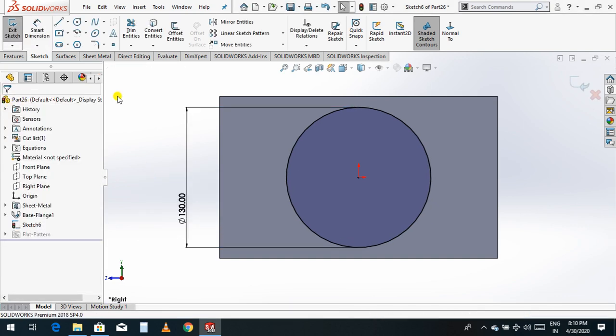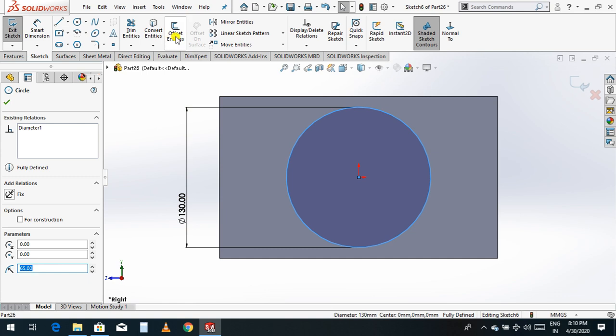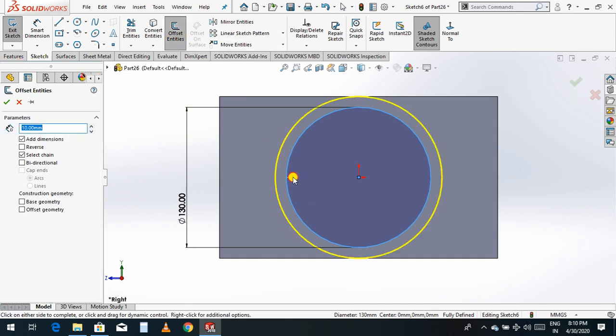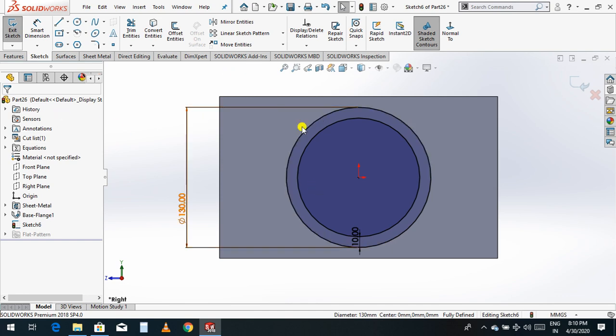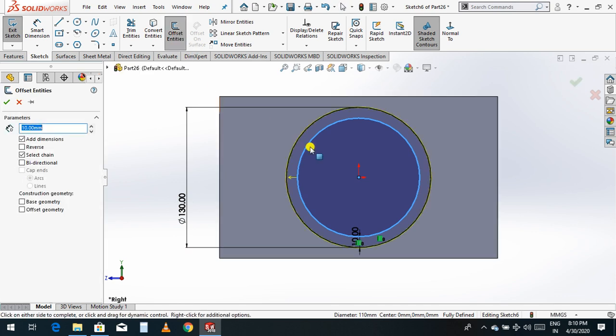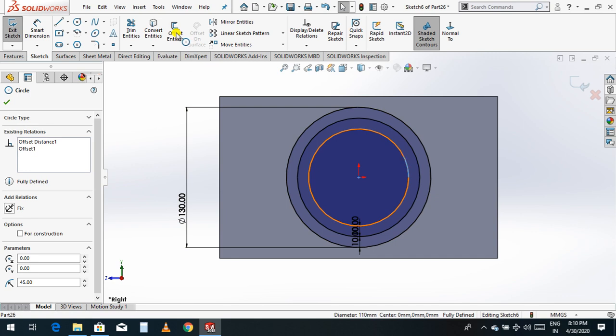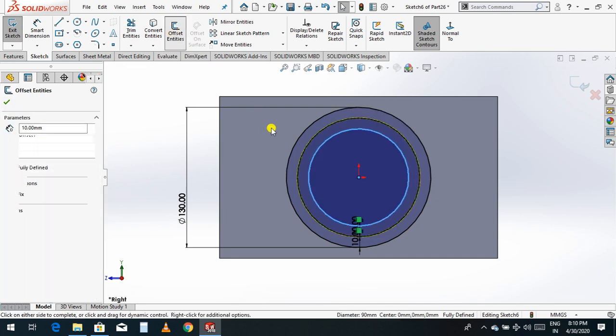Select OK. Now click this circle and do the offset command in sketch only, and go to reverse direction. Again you click this and again you select the offset command and choose the direction reverse. Again you choose this circle and go to the offset command.